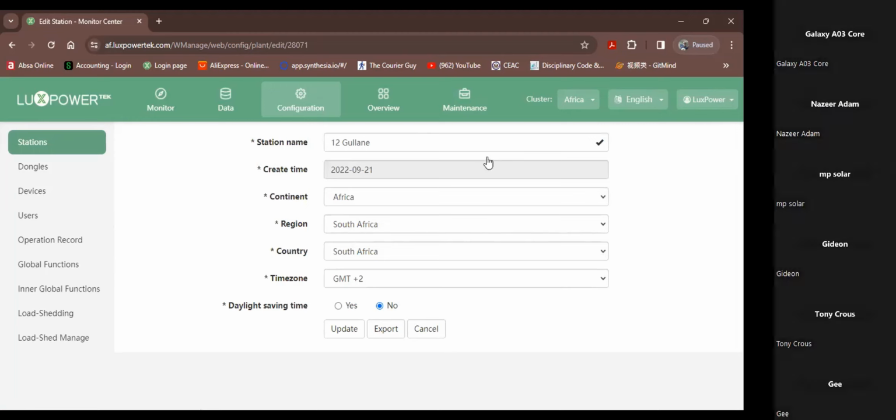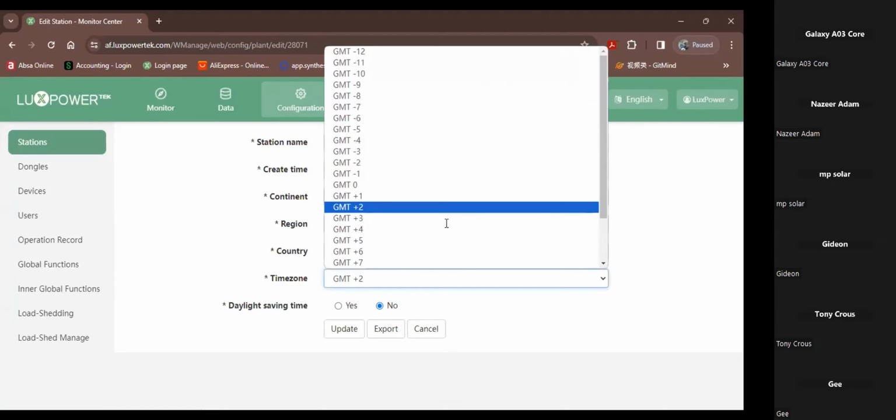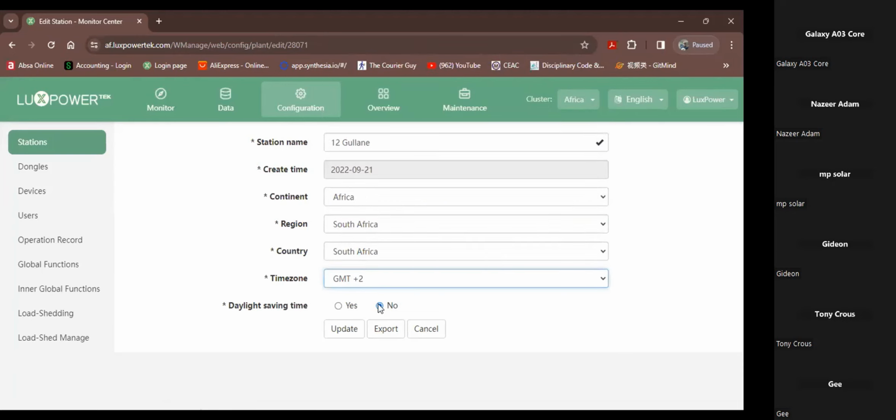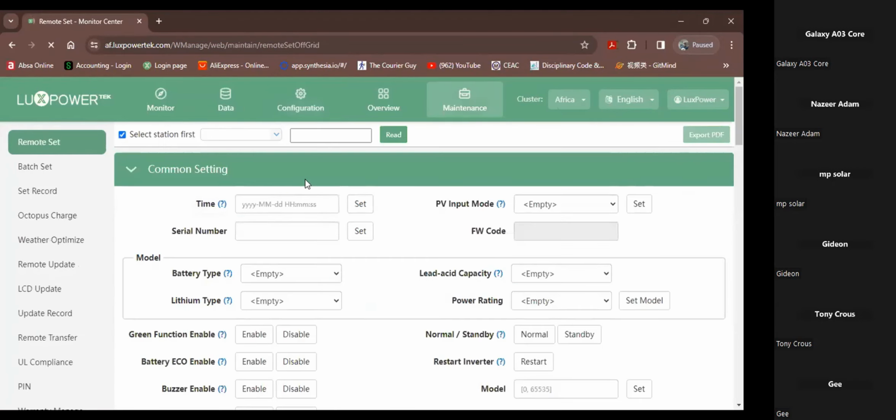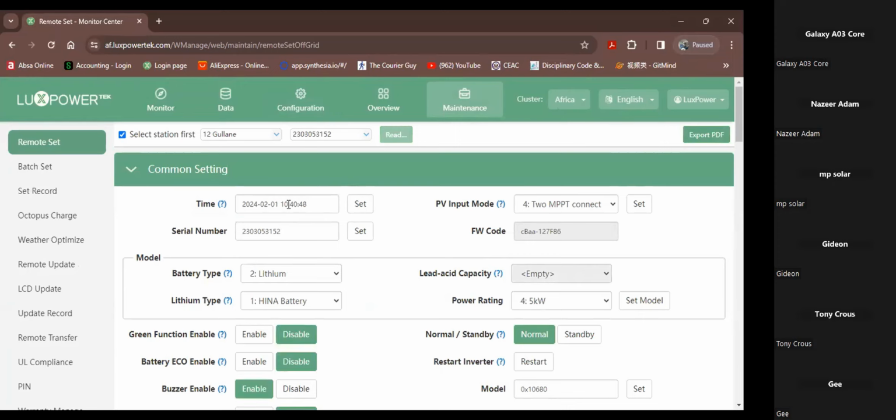And this is where your machine gets its time from. So make sure that you've selected the continent of Africa, Southern Africa, South Africa, and here is the critical one. Make sure that it is GMT +2 and disable the daylight saving time. We do not have daylight saving time yet. You disable it, you click update. If you're updating your time in the other section here, as I mentioned earlier on in the first few minutes of the training session, this will only change it until the dongle goes to fetch. The dongle reports data back again, and it'll simply report back the GMT time that's been set on the server. So yeah, your solution is going to the config and changing it there, disabling the